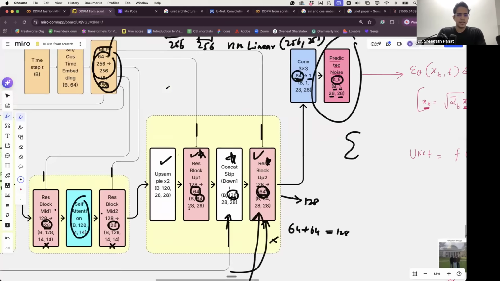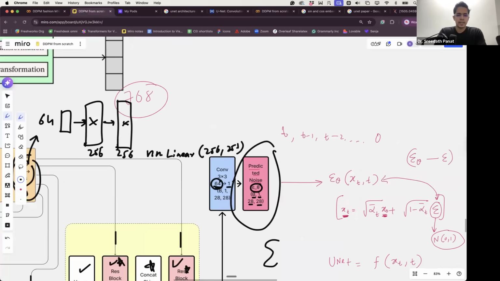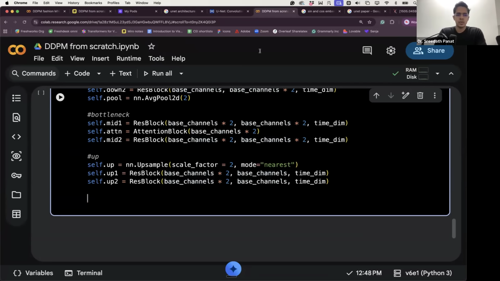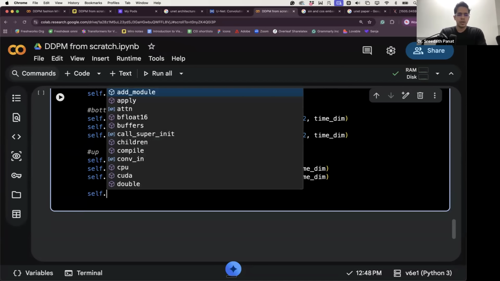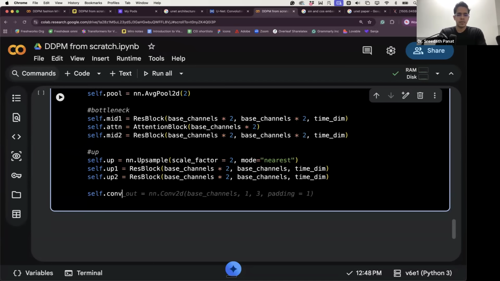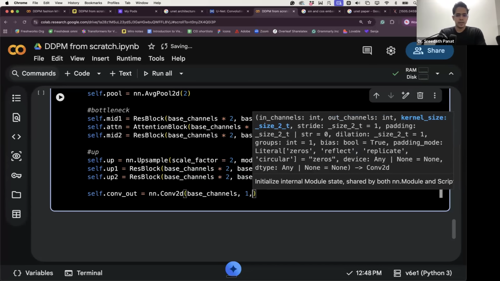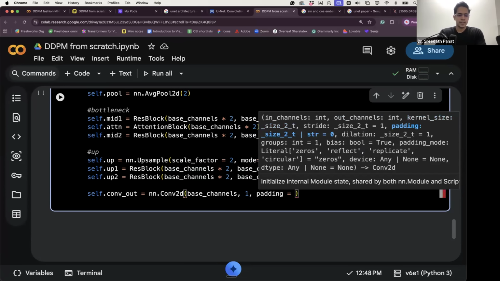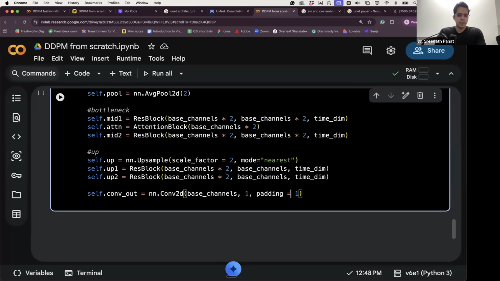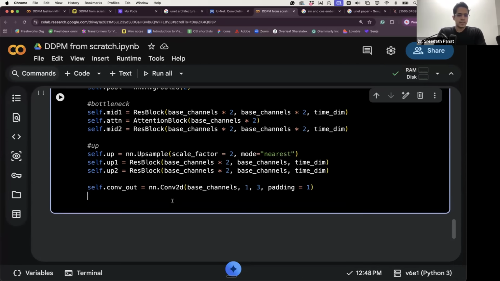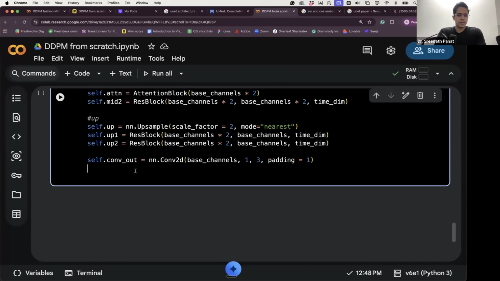And then finally, the last thing is this convolution, which takes the number of channels. Spatial dimension remains the same. Number of channels goes from 64 to 1. So self.conv_out is equal to nn.Conv2d. And we go from base number of channels to number of channels equal to 1. And that's it. Padding to make sure that the spatial dimension is not shrinking. So padding equal to 1. And convolution filter size is equal to 3. So that's it. These are the major parts that we have to define in the